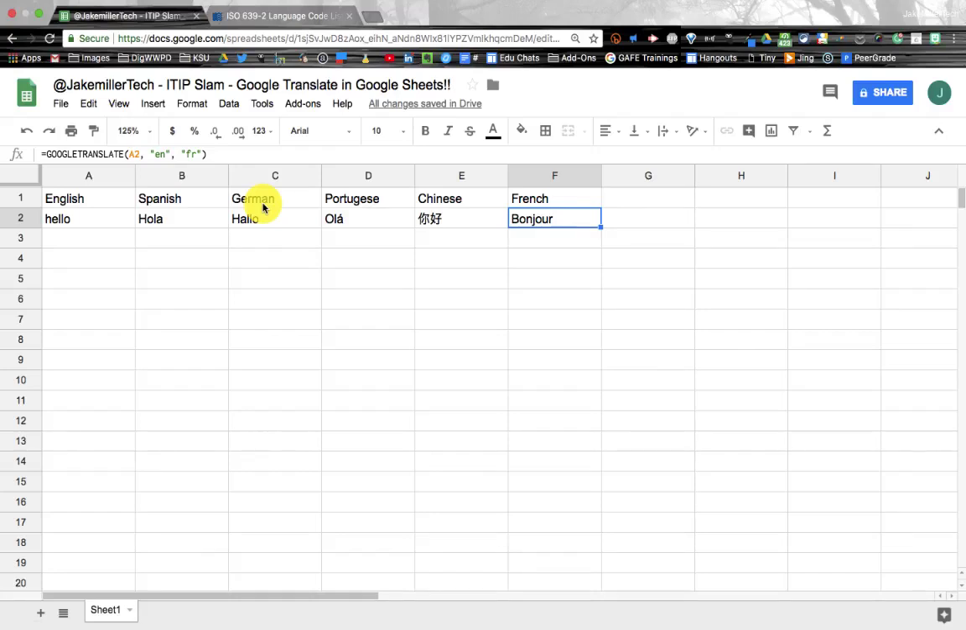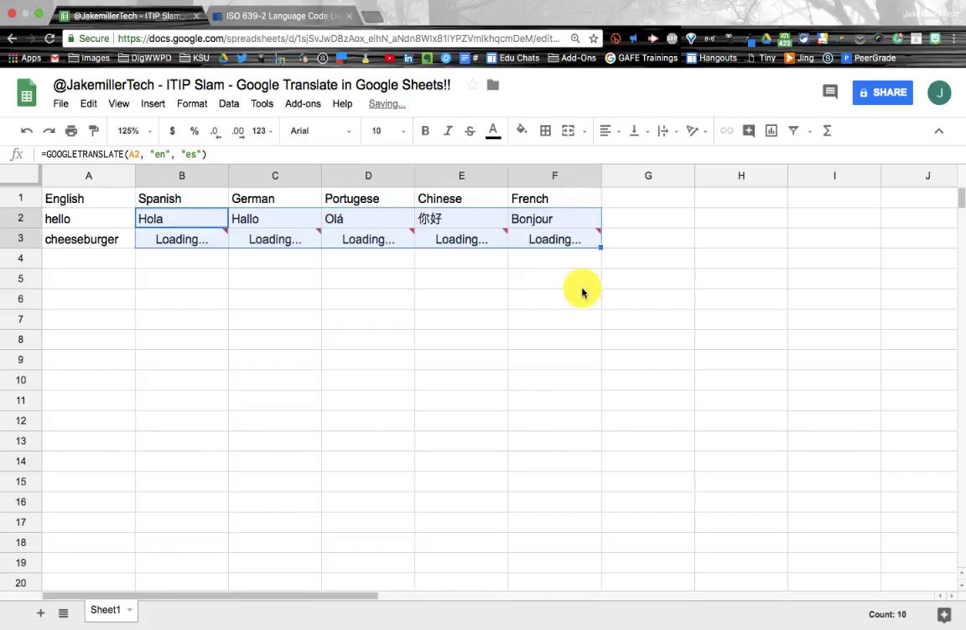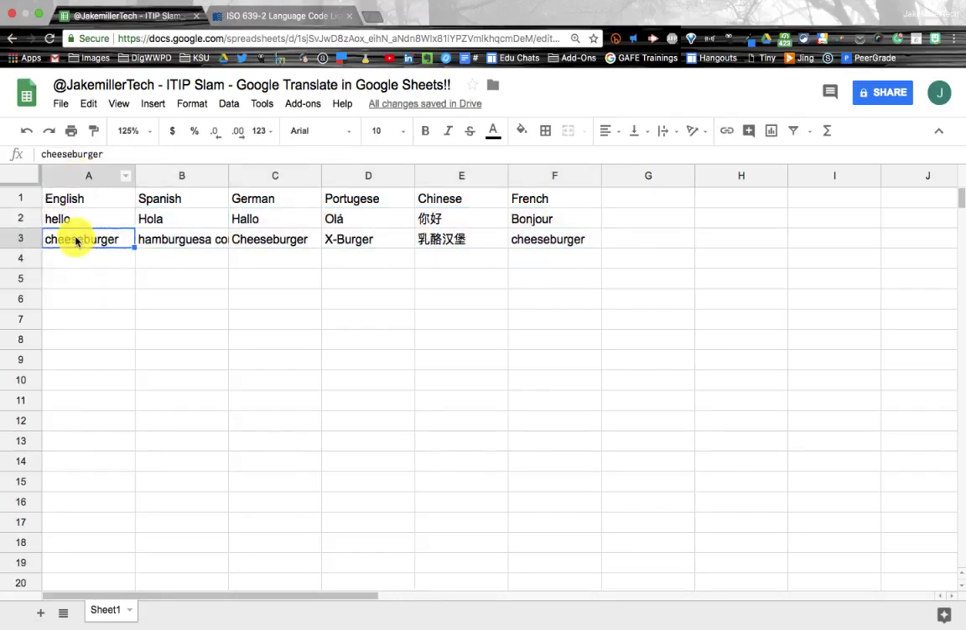So this is a really nice way to make vocab lists for students. And if you watch here, if I add the word cheeseburger here, and I take all these formulas and grab this little dot here, the fill handle, and pull it down a notch, you'll see that it applies that formula to what's in A3 now. So here we've got a hamburguesa